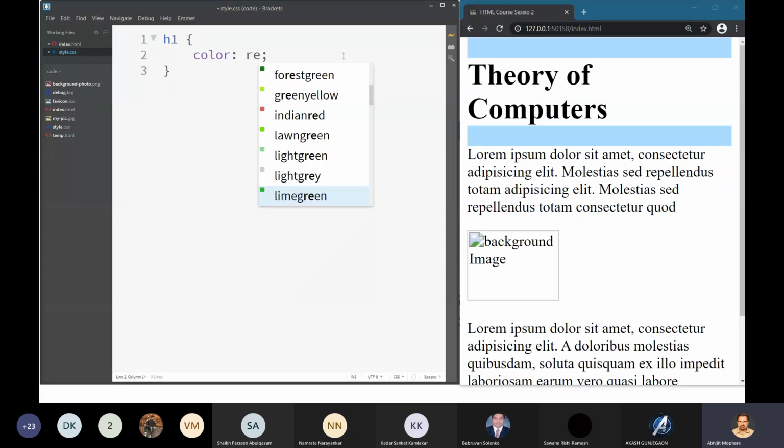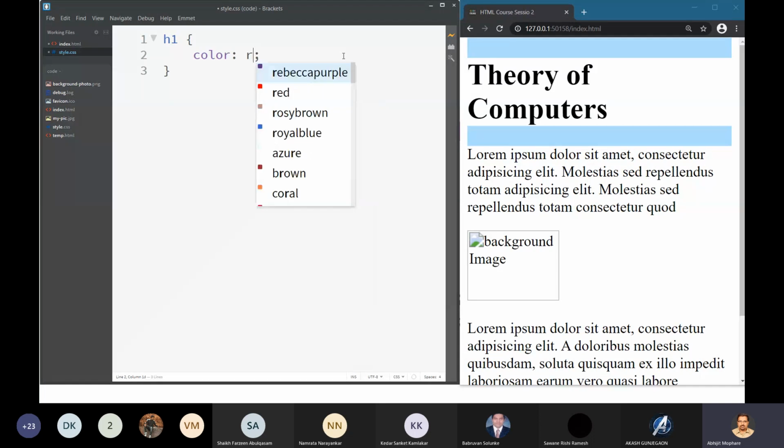The alternative is that we have to understand how colors work in computer graphics. But we will study that later on. Here our problem is that I have to give the color. So one way of mentioning the color is this hash, and there are 6 hexadecimal values you have to put. Now all of you are computer science graduates, so you know what is hexadecimal. I assume that you have learned it in digital electronics.